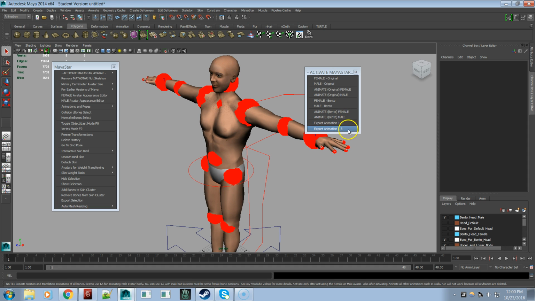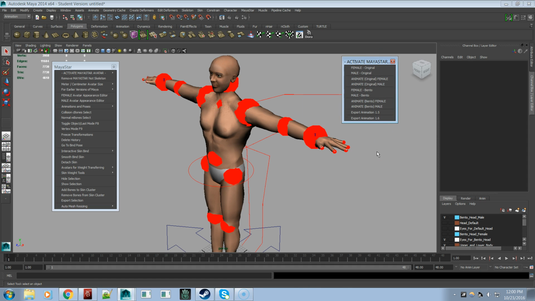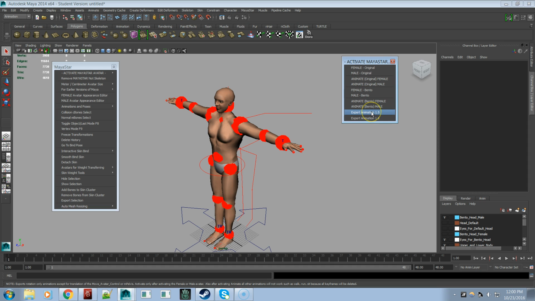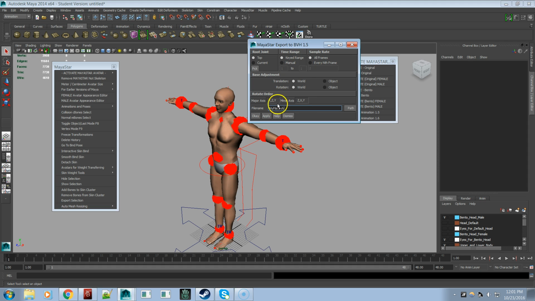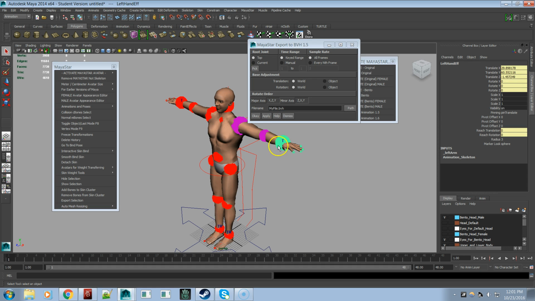Now to get back to these, what is the difference between 1.5 and 1.6? The second one was also written by Samantha Patterson. The big difference between the two is with 1.5, the only bone you can translate... so now there's two different types of animation. There's rotation animation, which is just rotating the bones. The bones just rotate. That's rotation animation. And then you have